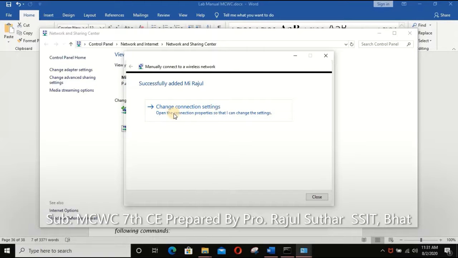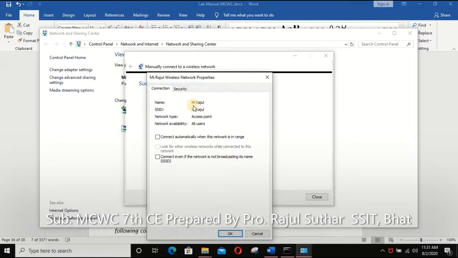Then change the connection settings by clicking on change connection settings and opening the connection properties, so that you can change the settings. Here are the connection properties for the new ad hoc network. It is the name of the ad hoc network, MI Rajul. Then the SSID is the same name. The access point is created for the network, and it is available for all users, publicly available.